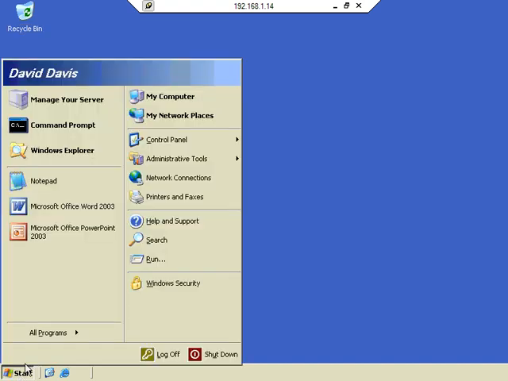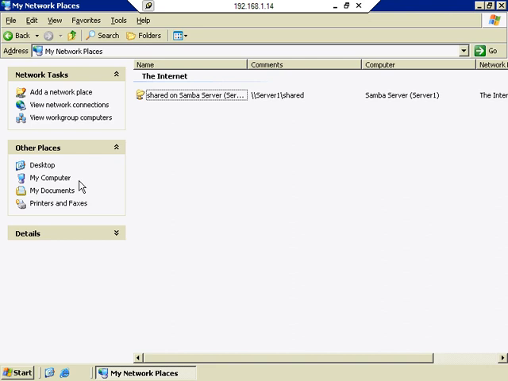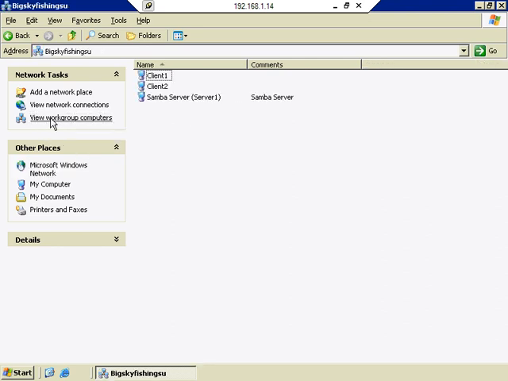Alright, I'm going to go to Start, My Computer. I'm going to go to My Network Places. I'm going to click View Workgroup Computers. And here notice there's the Samba server, server 1. So this is our Linux server right here. Notice it's inside Network Neighborhood and we're just browsing to it. So if I double click on that,